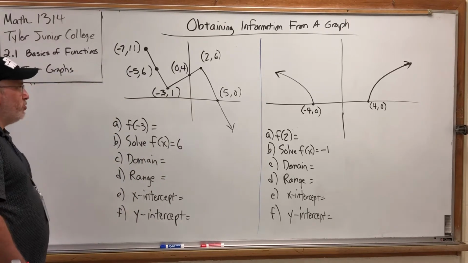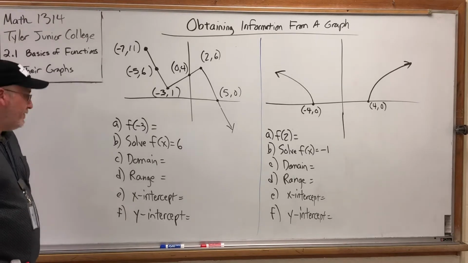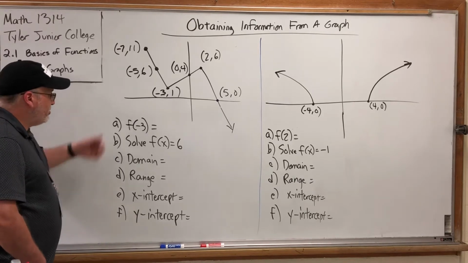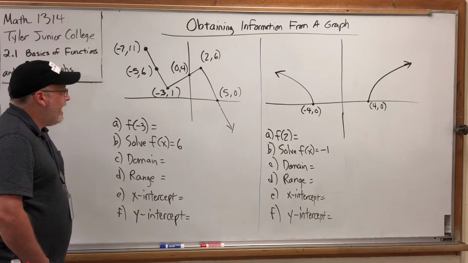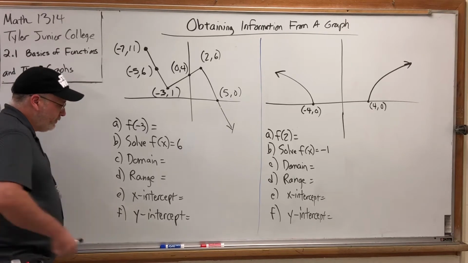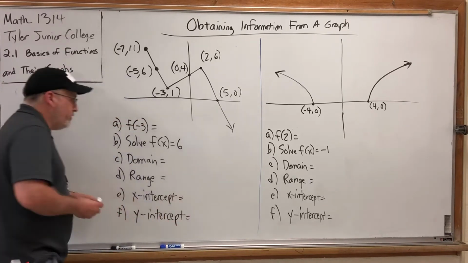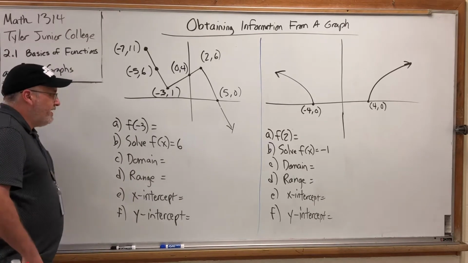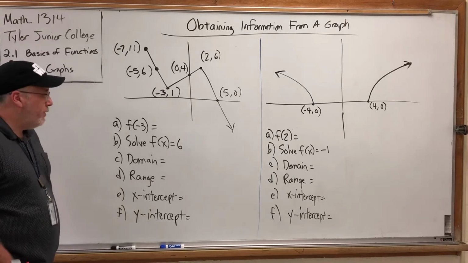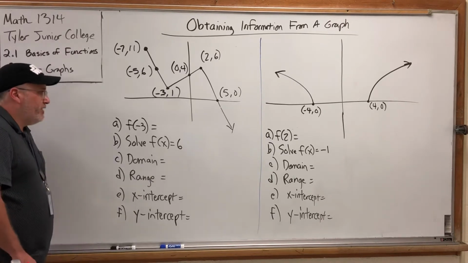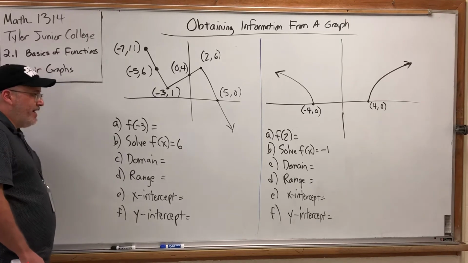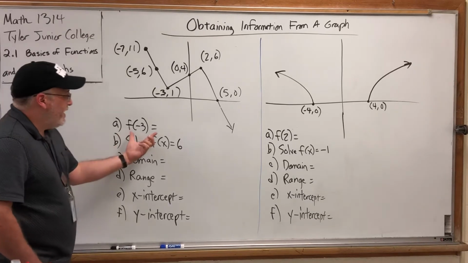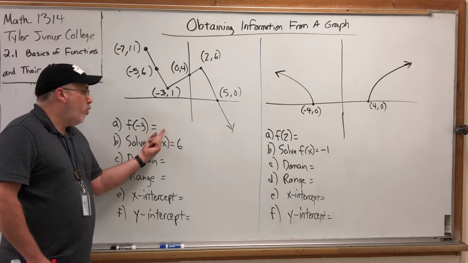What information can we extract from this graph? The answer is a lot of it, even more than I've put here, but it's beyond what we've discussed so far. So let's start with f of -3. How can we use a graph to answer a function question? Well, recall that when you're doing a function of x, and from this point forward they will all be functions of x, the input represents an x value and the output represents a y value. So in any function problem, the number that you put in is the x, and the number that comes out is the y. If we're being asked to find f of -3, we're being asked what y is paired with